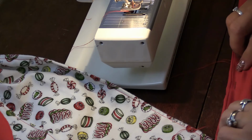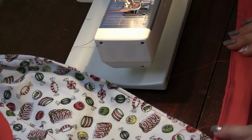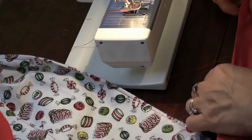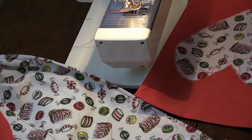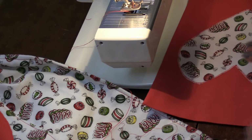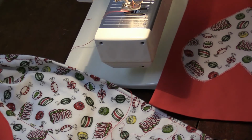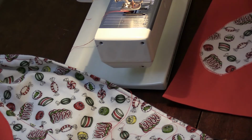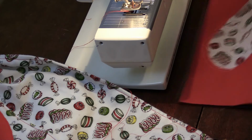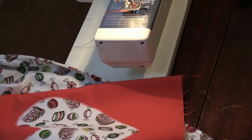I actually like how sturdy it feels right here. It has sort of a utilitarian feel to it. Like, this is a pinafore bodice. I like that. Okay, so I think based on what I'm seeing, what I'm going to need to do here is a couple of things. One, I'm going to need to trim